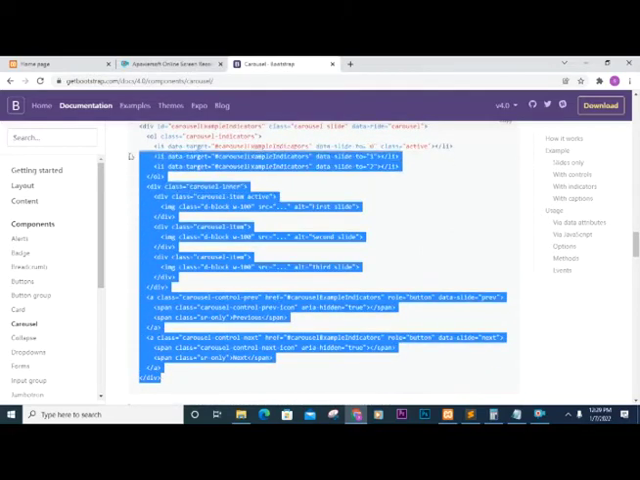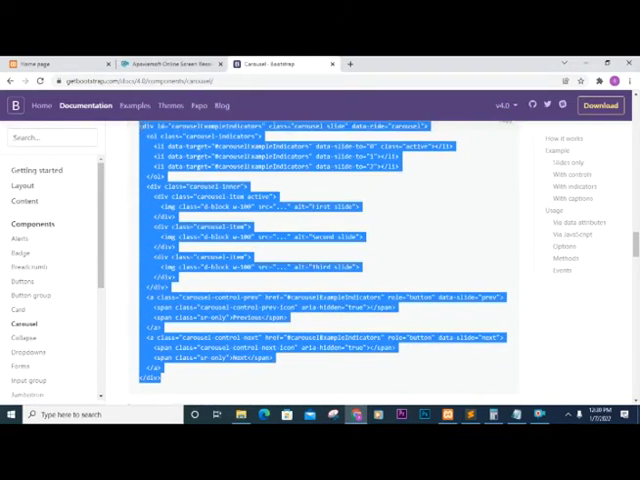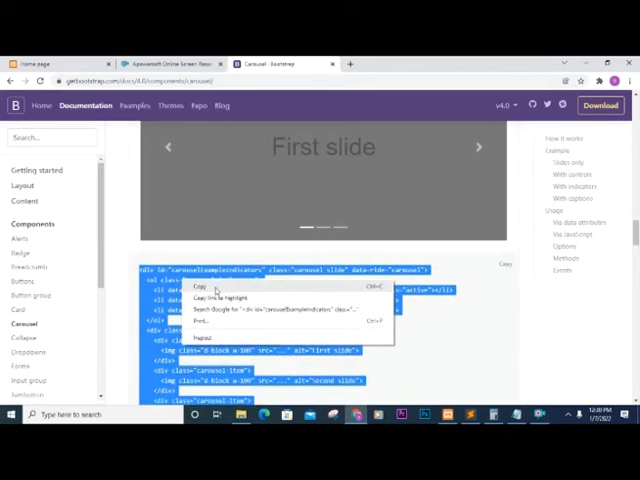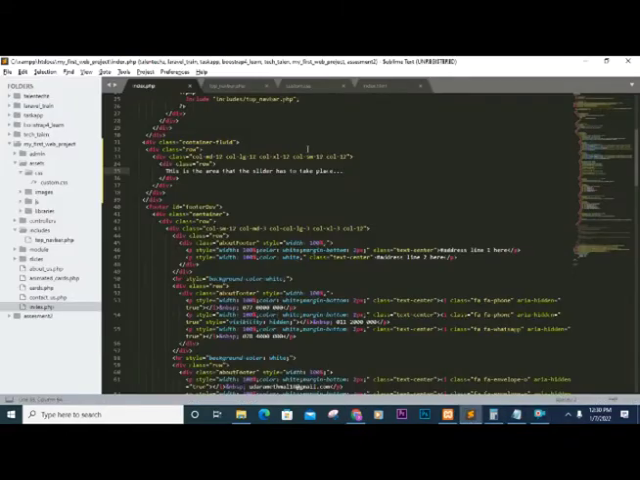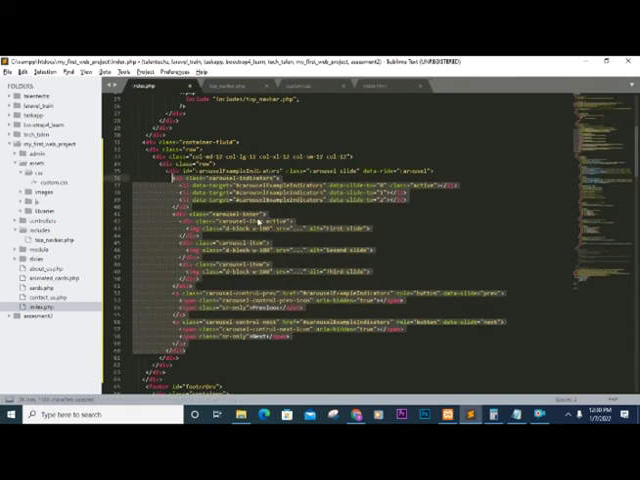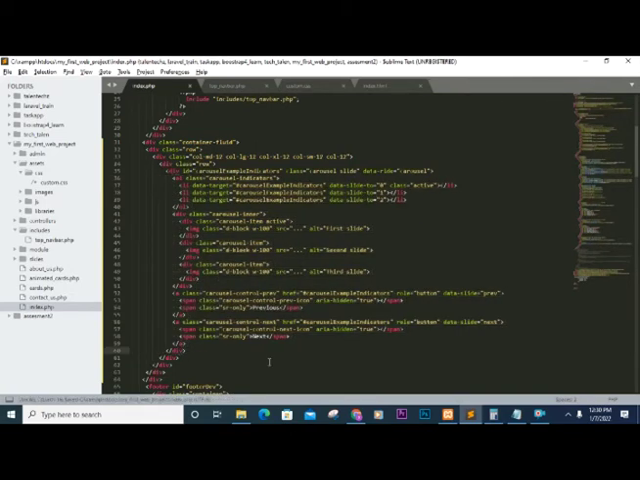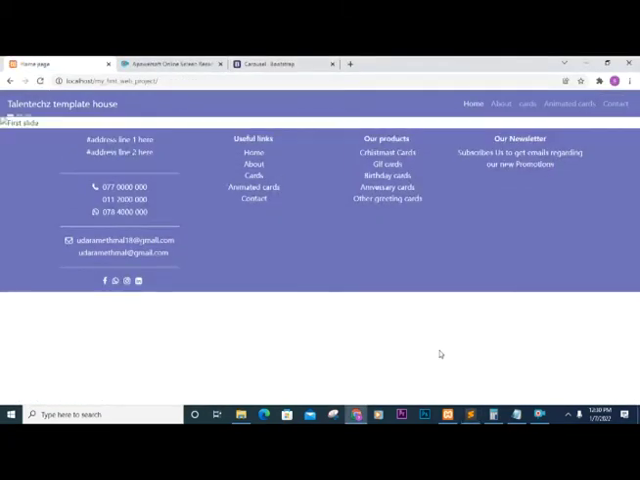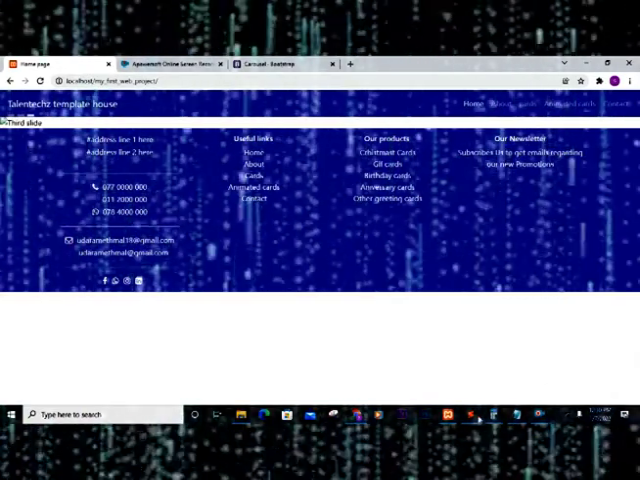Now I copy the code for my selection of slider and paste it inside of the row div I defined in Sublime. Now I align the code pattern like this for a clear idea. Here you see the slider has taken place as expected,